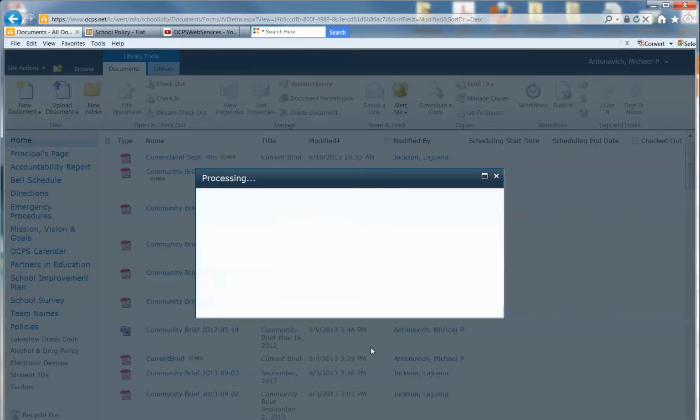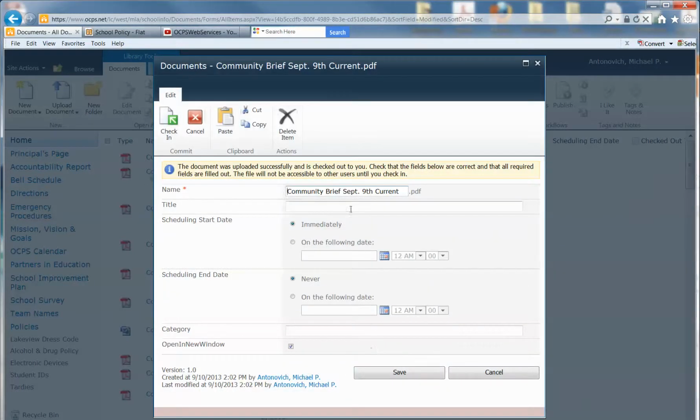Click OK. Now after it finishes uploading, it's going to prompt me for a title. And actually I don't even need this word current because that's going to be meaningless. But I'm going to take the rest of the information and I'm going to put it down here for now. Let me see, copy, paste. I may want to change this name. I probably want to put something more like September 9th, 2013, so I have the year, and maybe spell out September